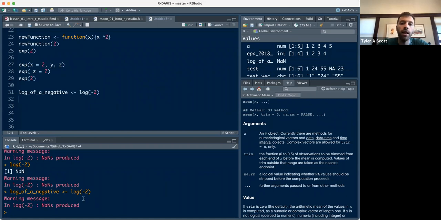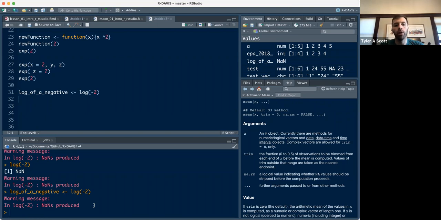And so R is saying, hey, here's what we did. Sometimes a warning is not a problem, and it actually is what you want to do, or at least it's something that you know is going to happen and you want to move on. But sometimes it's like, oh, I have an NA in there. That's something I need to be cognizant of. So the temptation is often to ignore warnings because the code still works. And I would just encourage you,